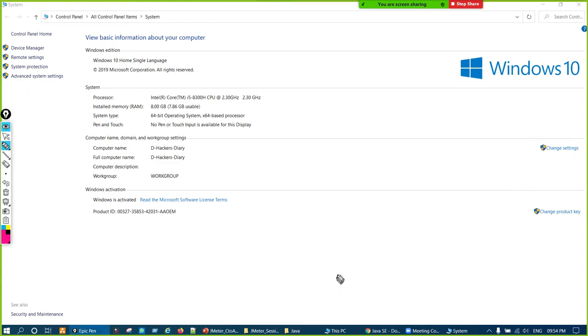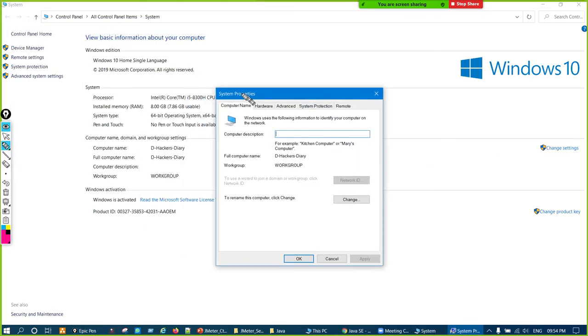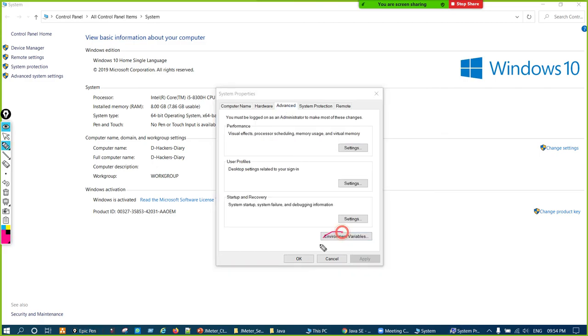Okay, so what I'll do, I'll click first here. So this new pop-up will come. This is the pop-up, known as system properties. In that, some tabs are there, this tab, this tab, this tab, this tab, right? We have to go to the middle tab, the Advanced tab, and click on that. You'll find Environment Variables over here, and we have to click on that, right?